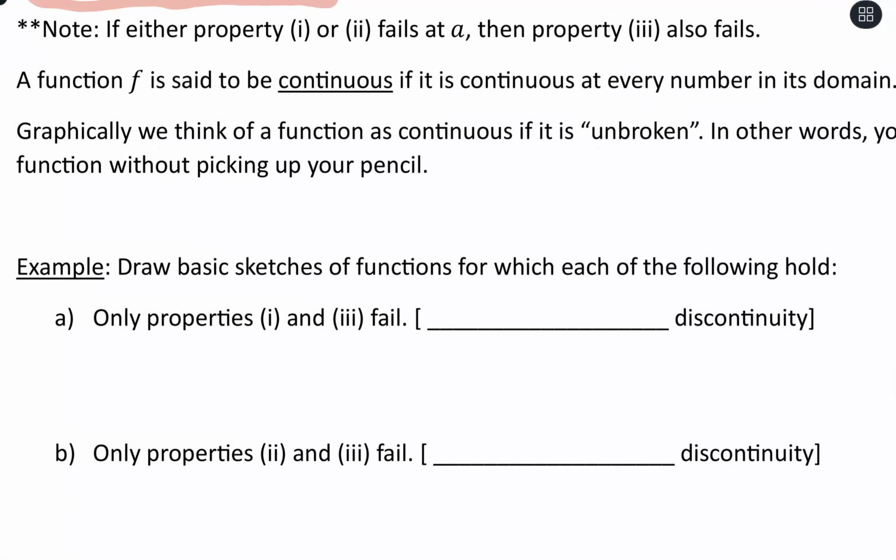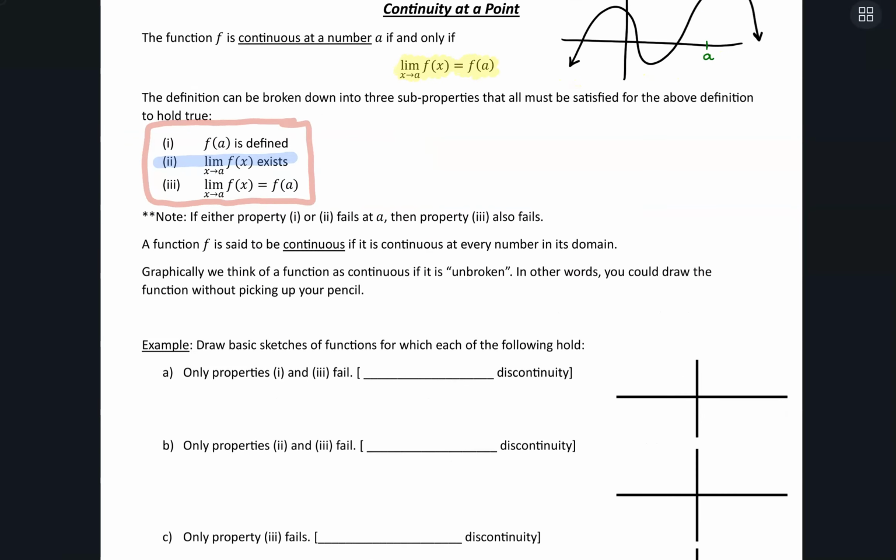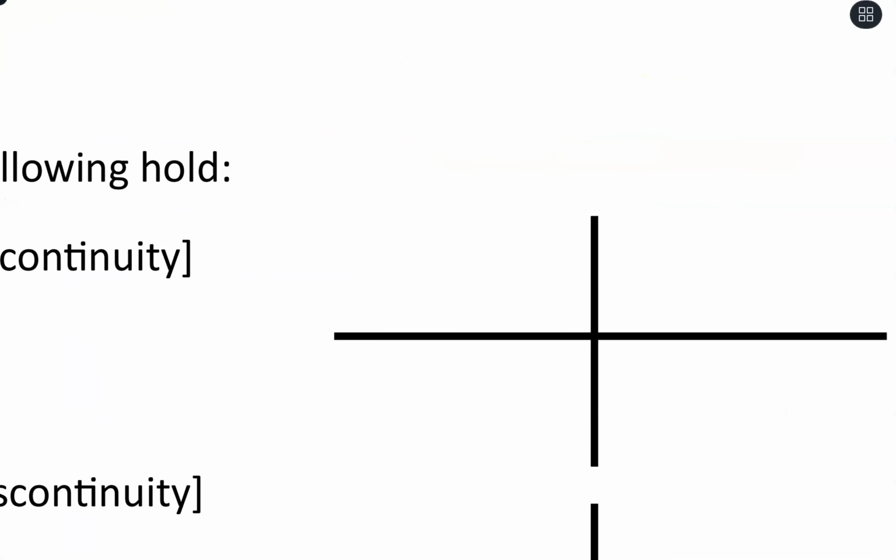So we want to draw sketches for each of these cases. Let's talk about the case where 1 and 3 fail. This would be the idea that 2 is holding true, the two-sided limit exists, but the coordinate is not defined, and that two-sided limit is not equal to just our function output. What that's going to look like is when we have a hole in the graph. So if I was graphing something and we had a hole,